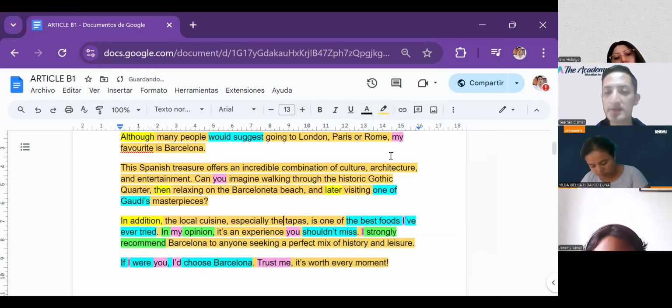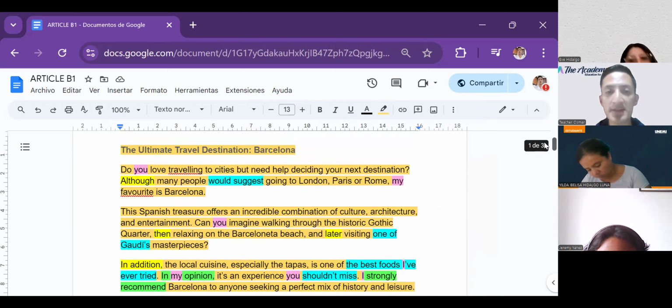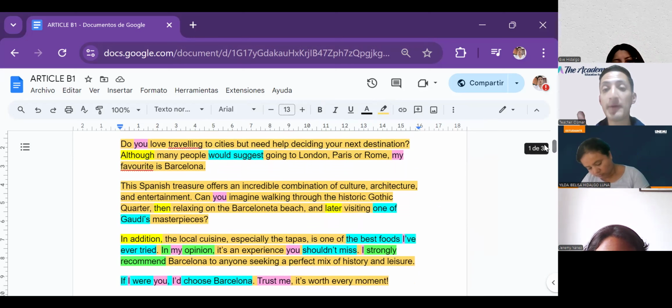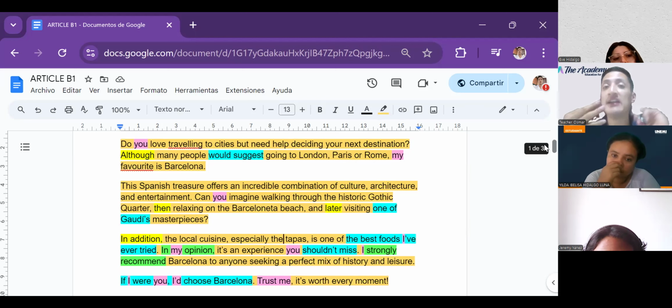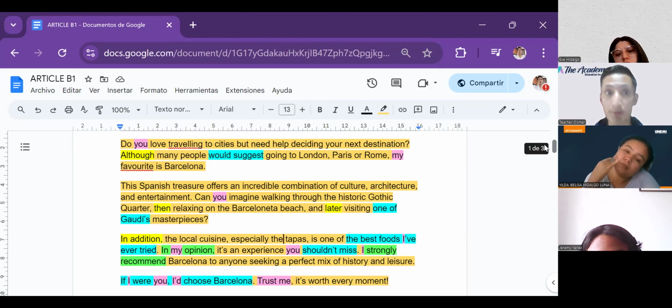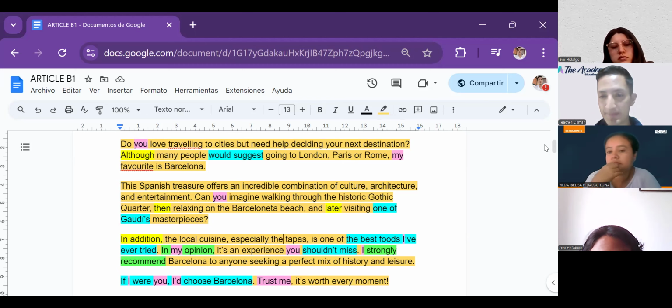Okay, so this is the way that we can write an article. As you can see, it's very similar to a story, but remember, the article is about real information, opinions, facts, real information about a city, about a place, and don't you forget, everything is supposed to be written in present. Okay, so Eve, Gilda, Jeremy, are you clear about this?